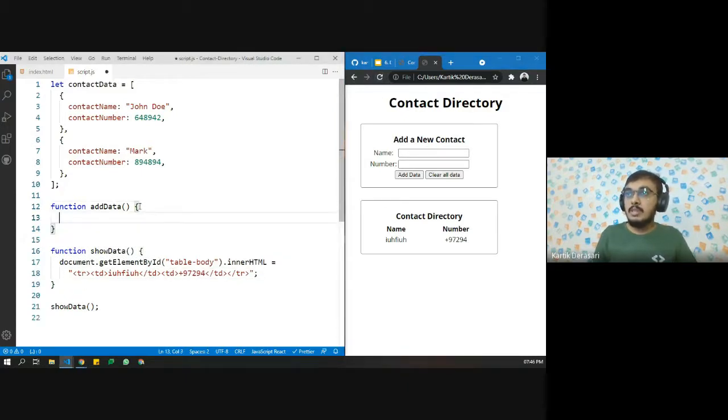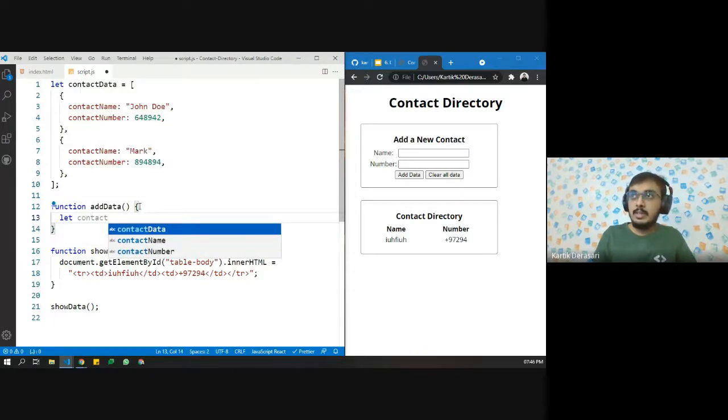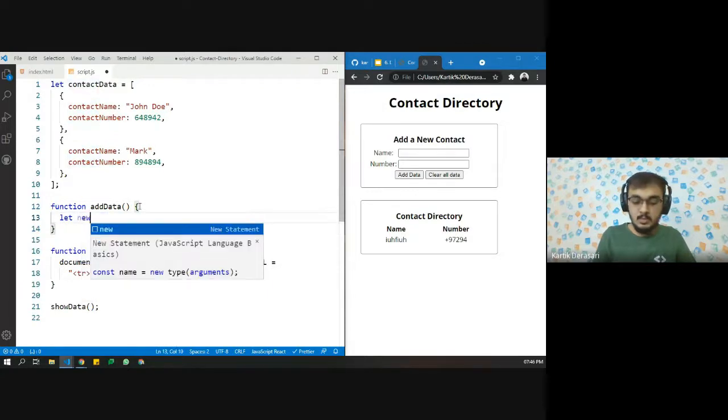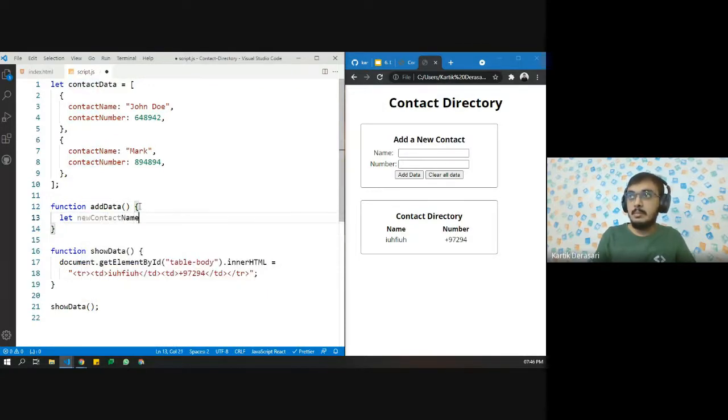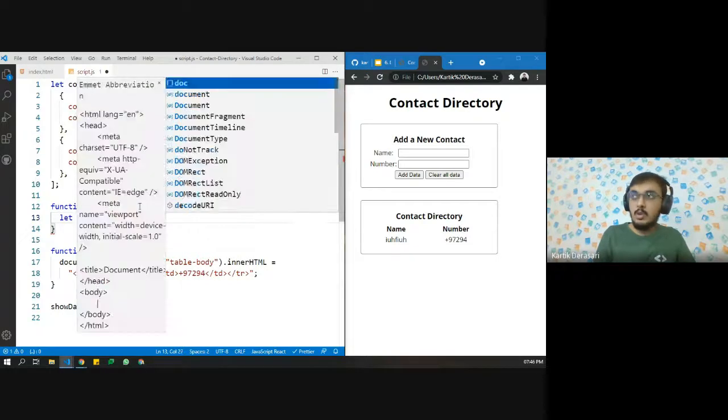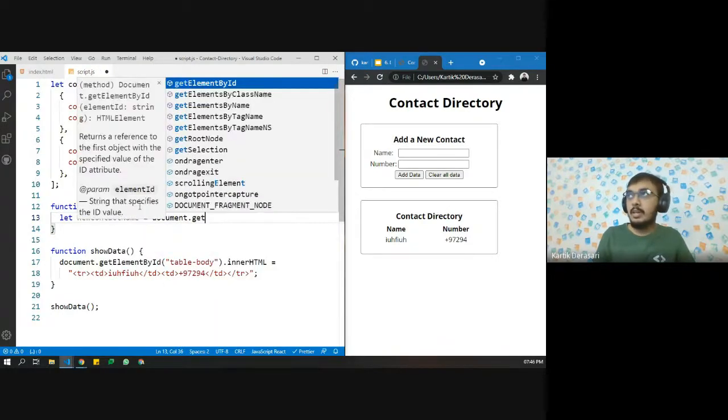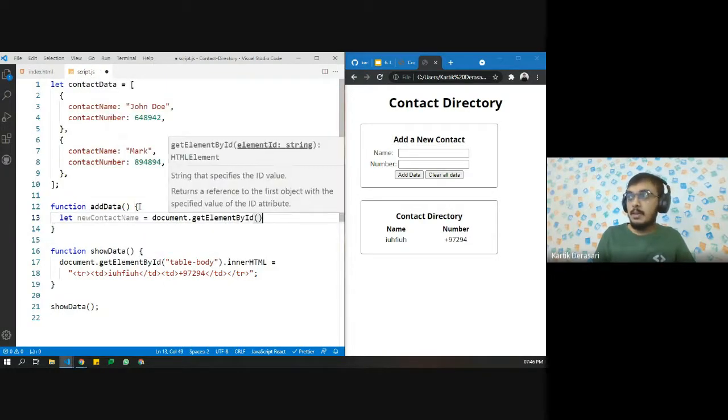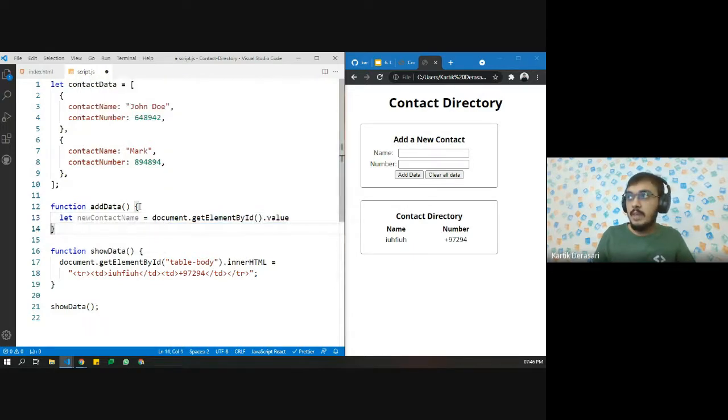Okay, so inside addData, first of all we want to get the values of the input fields. So let's say let new contact name equals document dot getElementById, and then we need to use the value keyword.